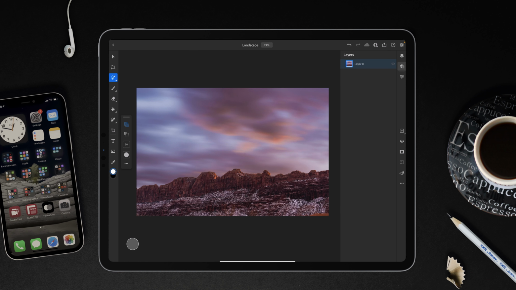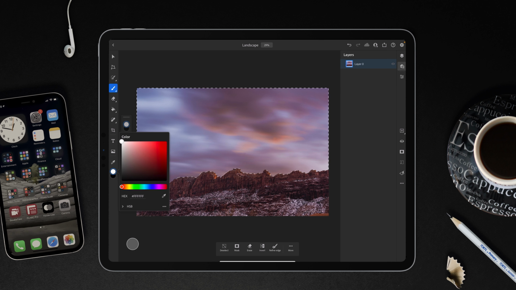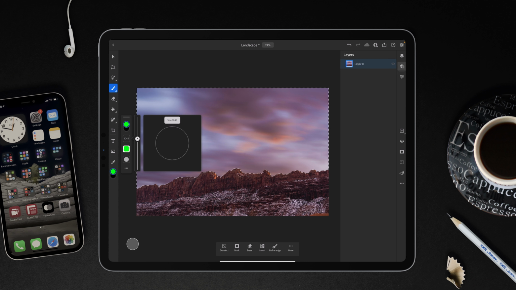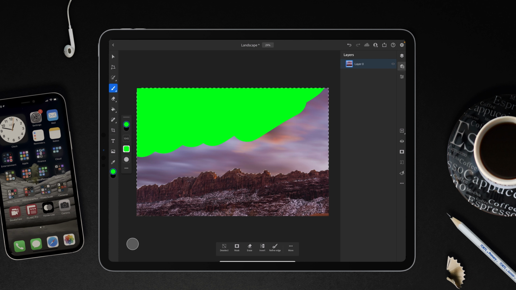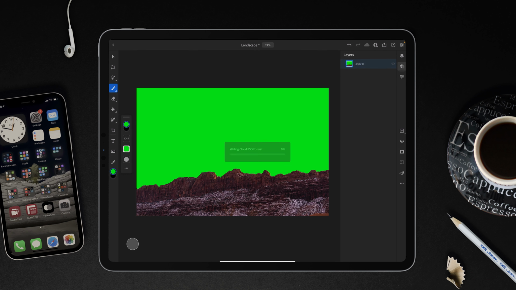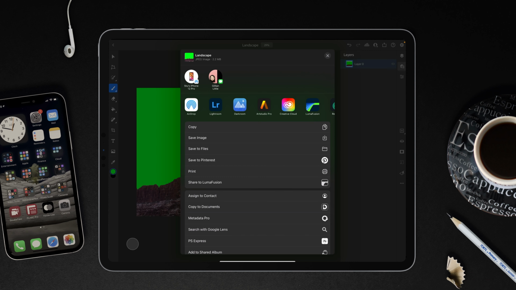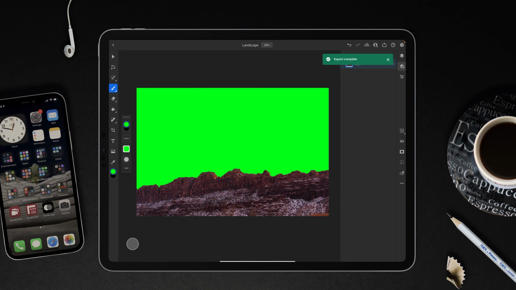Let's get started. For this first image, we're going to work inside Photoshop for iPad. I'm going to choose the quick selection tool, and then I'm just going to drag from top left down to bottom right, and that will pick up everything I need in the sky. From there, I'm just going to go to the paintbrush tool and tap on a nice green screen color around about there. Increase the brush size, and then just quickly fill in the sky area. Then do Command D, and we can then save this out. So we tap Quick Export and then just Save Image, and that's it